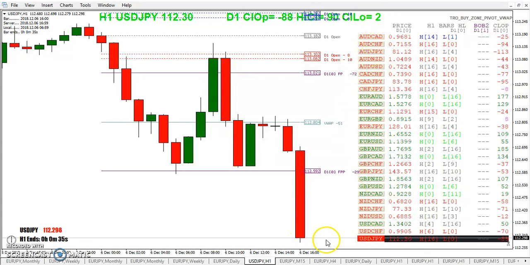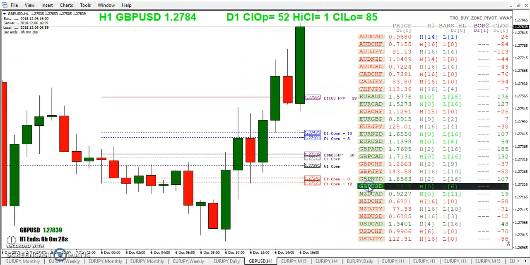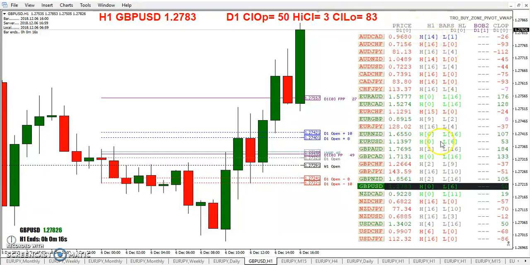Just moved 2 pips off that low. That's how that works. And you can see the pound dollar is just making the high this bar. So those of you who are rats, you can see green rats, red rats, can definitely use this indicator